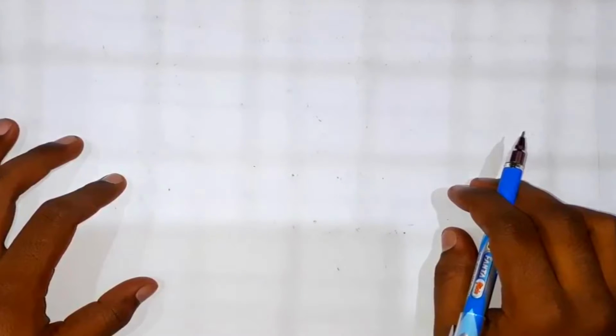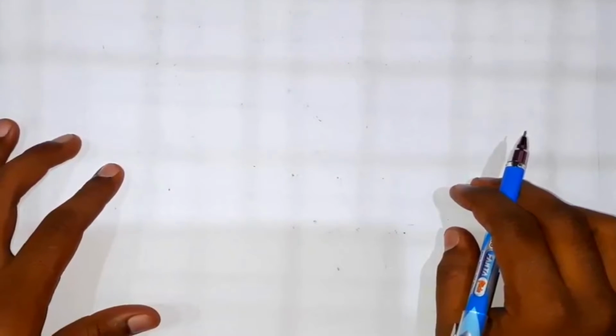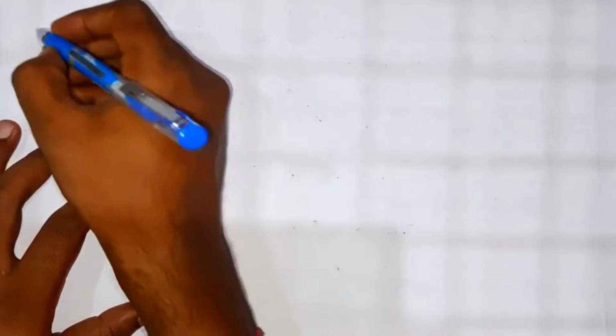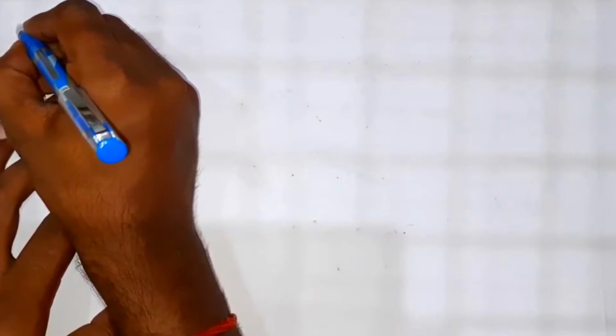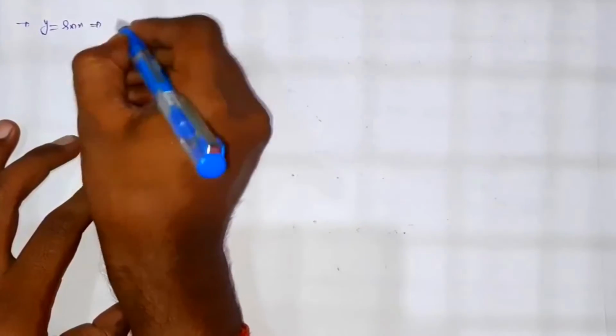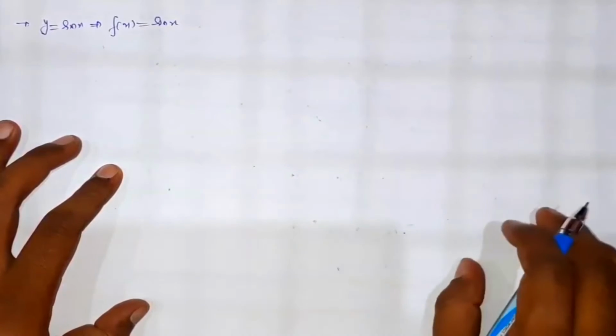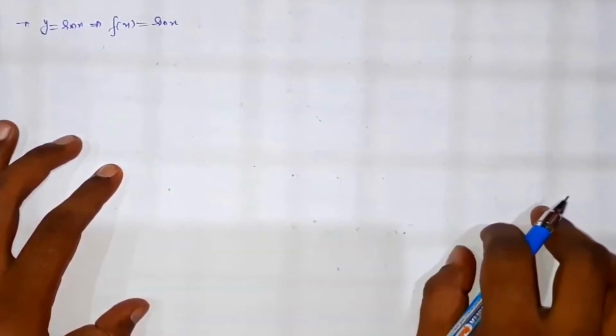So in this tutorial we will see periodic functions. That is the graph of the periodic functions. Okay. So I am going to take the first graph, that is y equals sine of x. Or we can say f of x equals sine of x. So we need to draw the graph of this function. We know the period of this function is 2 pi.